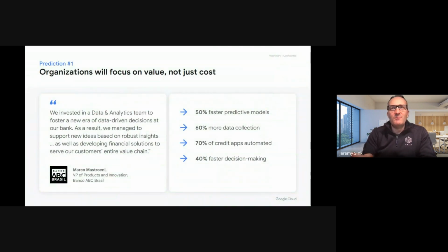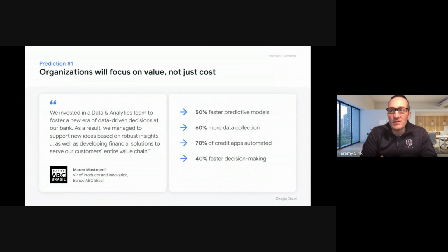So number one here is focusing on that value and not just cost, right? So the why of what we're doing is to be bigger than optimizing cost or saving money. We've got to get back to leveraging cloud to unleash ideas, solve problems better, and provide innovative solutions that y'all can feel and use. So we're ultimately about raising the ceiling, not just lowering the bottom line. Cost is what we can see, but the value is what we really need to pay attention to.